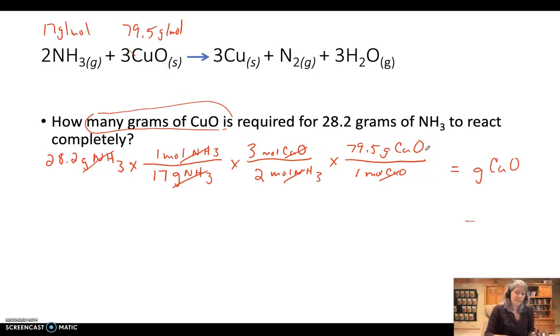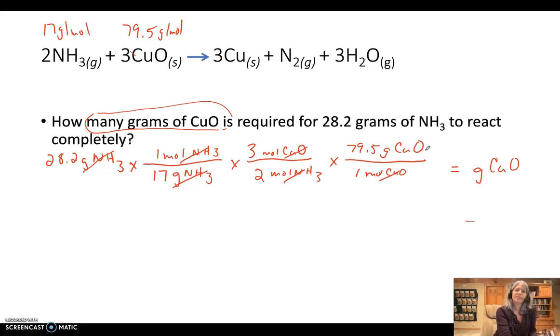And then we have to make sure we use our calculator correctly. So I'm going to give it a try and type it in. 28.2 times 1 times 3 times 79.5. Then we divide by all the numbers that are in the denominators: divided by 17, divided by 2, and divided by 1. And so what I get is